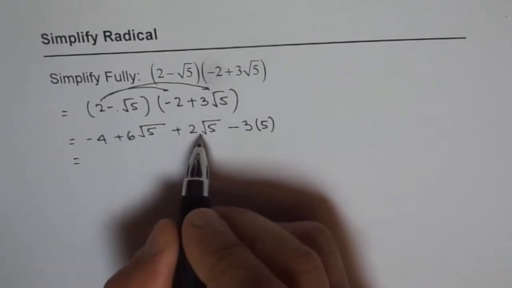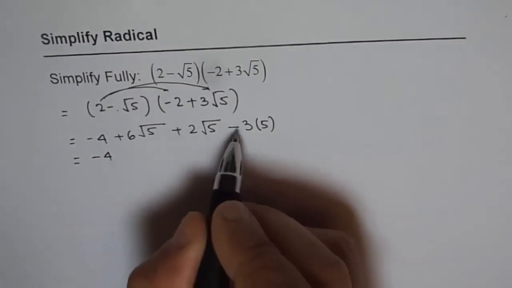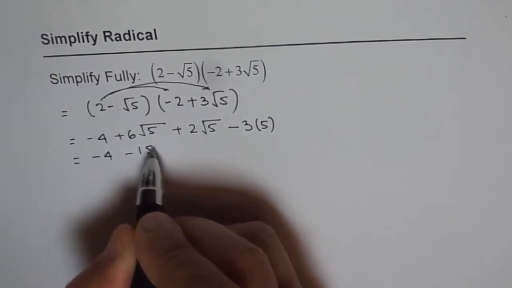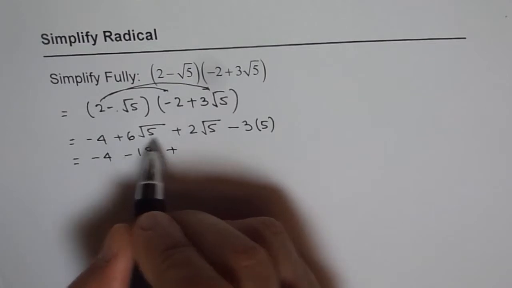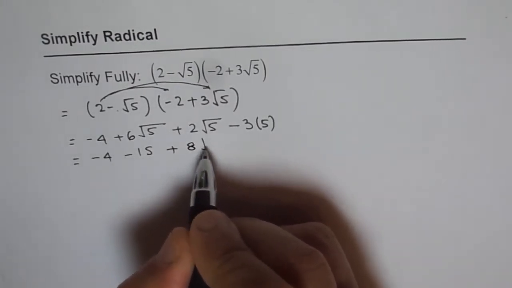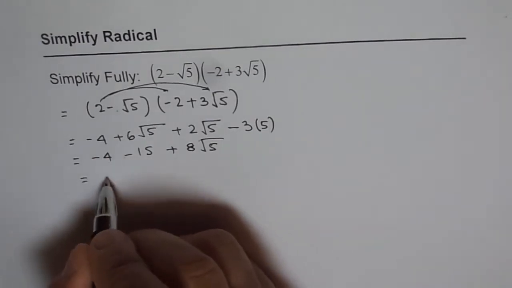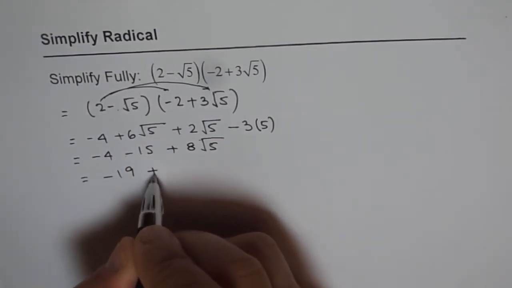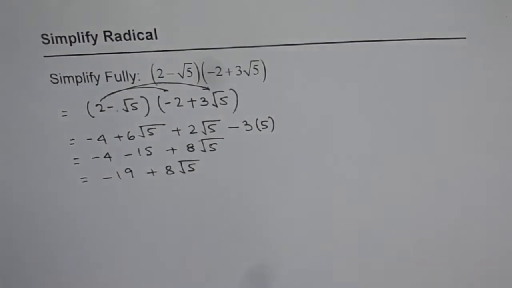And now you can simplify by combining the like terms. So we have minus 4 and this is minus 15. And here we have two like terms with square root 5. So we can add 6 and 2 to get 8 square root of 5. Minus 4 minus 15 gives us minus 19 plus 8 square root 5. So that is the simplified form of the given product